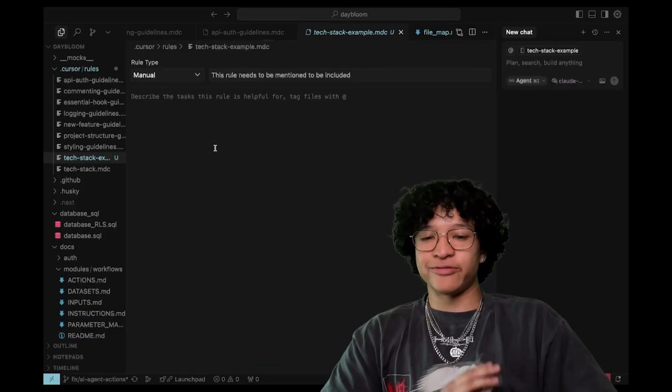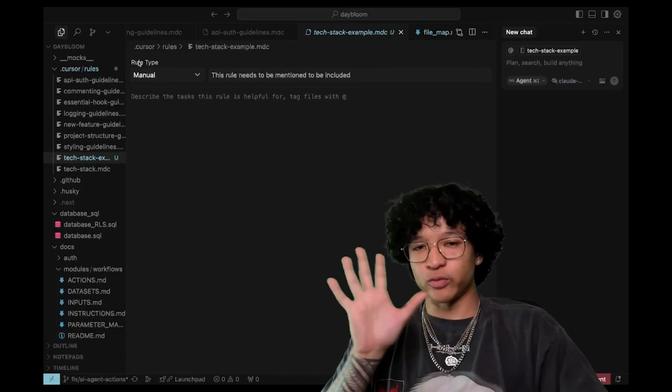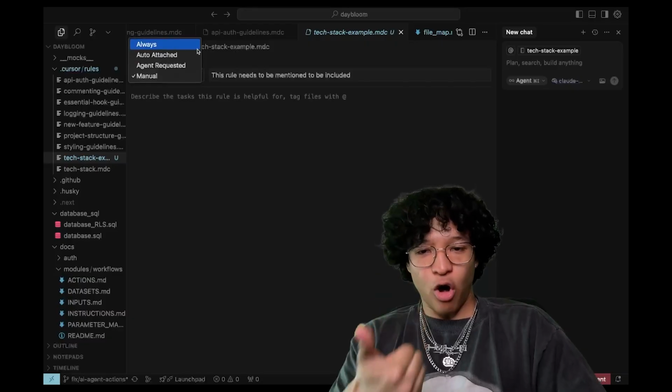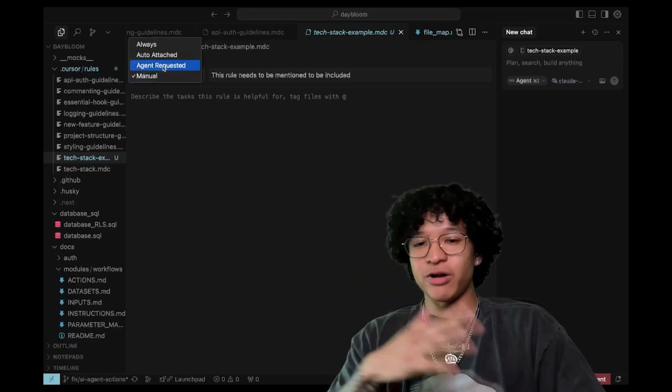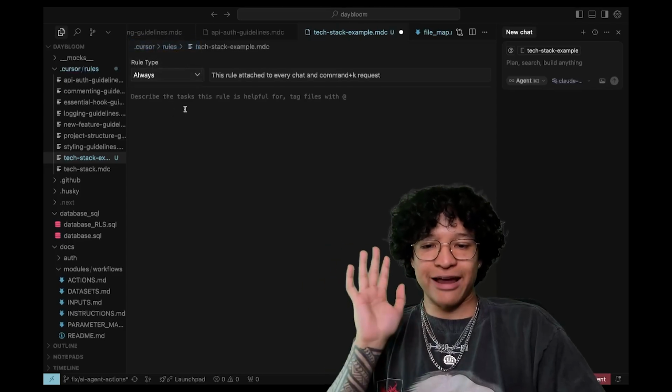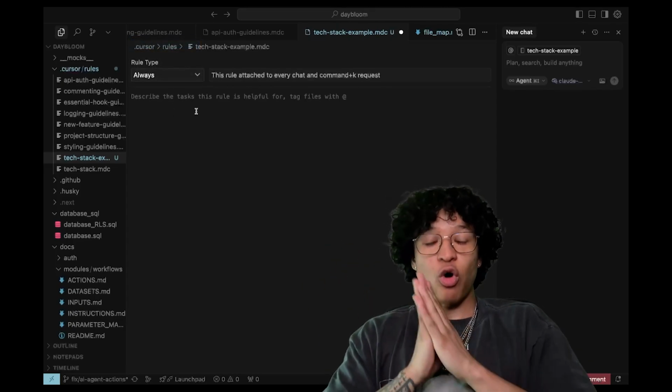Now you have the entire cursor rule file that you could write inside of it. There are different rule types here. You could have always, auto attached, agent requested, or manual. To be honest, I only work with always. Every time I write something in the cursor rules, I want every single agent I have to always have a